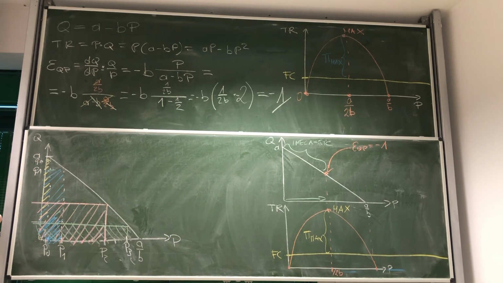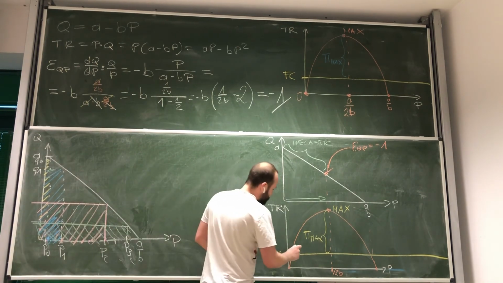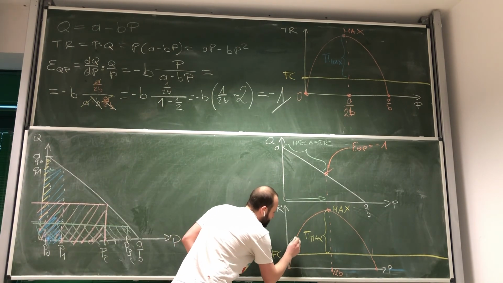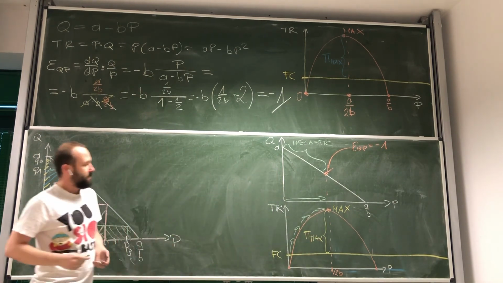So we have inelastic demand. Percentage increases in prices are associated with lower than 1% decreases in quantity demanded. So here we should be increasing the price, and as a result,